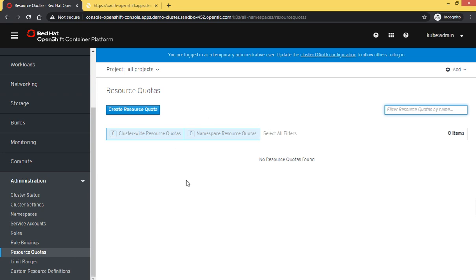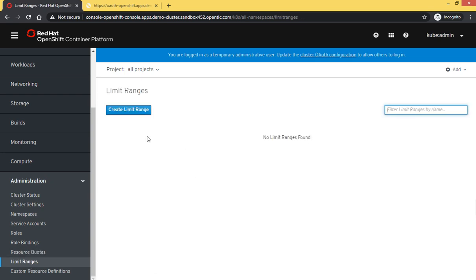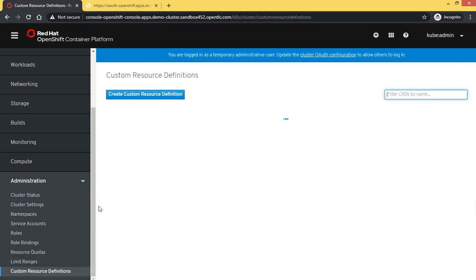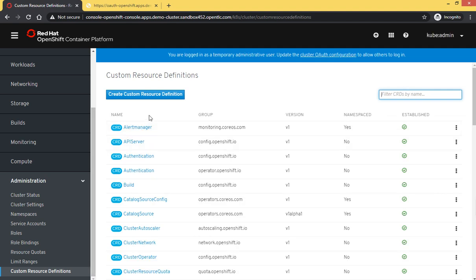Right now there is no quota defined, we will see this later. Then we have limit range, no limit range right now, and at the end we have custom resource definitions. These are for custom objects or custom resources we can create in OpenShift. That is an option in Kubernetes as well, but all those options are incorporated in OpenShift too.